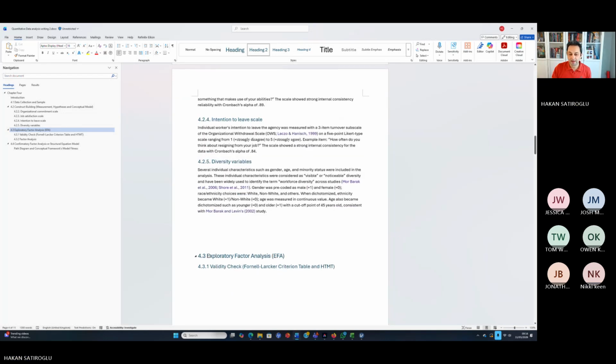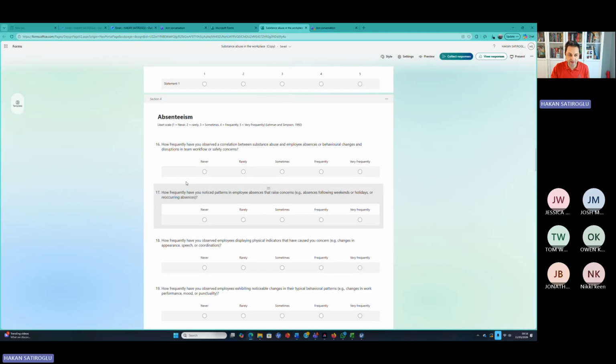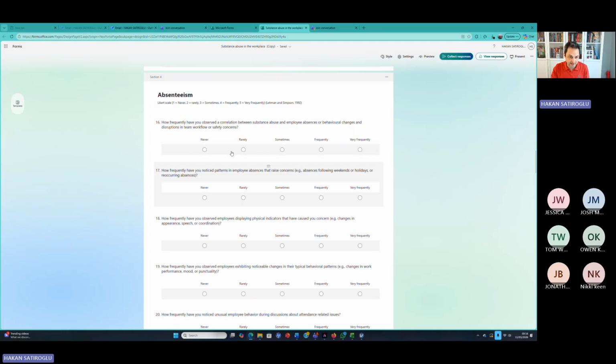So, as I said earlier, validity check. What does validity check mean? Constructs. The constructs are these questionnaires, like absenteeism is constructed with 1, 2, 3, 4, 5, 6 questions. Then whether this is valid, this is convergent, this is discriminant validity, whether convergent validity is suitable or not. Okay, so now